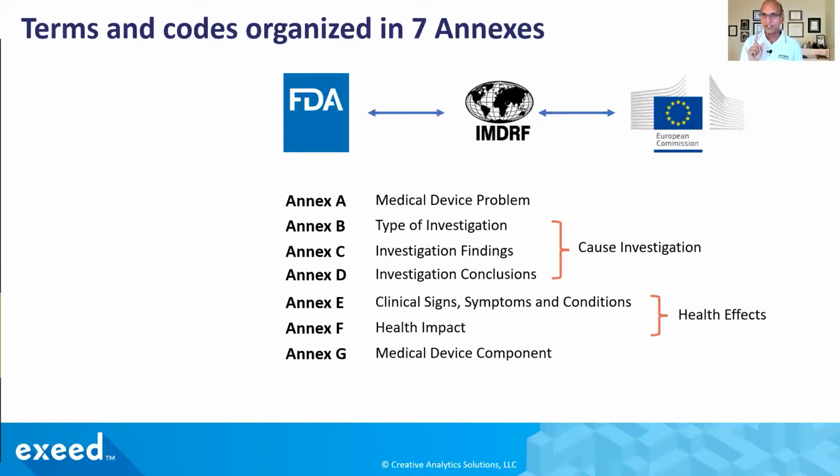Yes, the reason I asked that question is that it should inform your understanding of new failure modes, new causes, right? If we are doing that. Otherwise, it'll be hard, because medical device problem codes in A by themselves say very clearly there is no causative relationship implied. It's just a symptom that is being reported to you in a complaint. You have to do the investigation to confirm it. So B, C, D, unless those codes are coded in the complaints system as a follow-up to investigation, I don't know how we will be able to find new failure modes and causes. That was what I was going for.